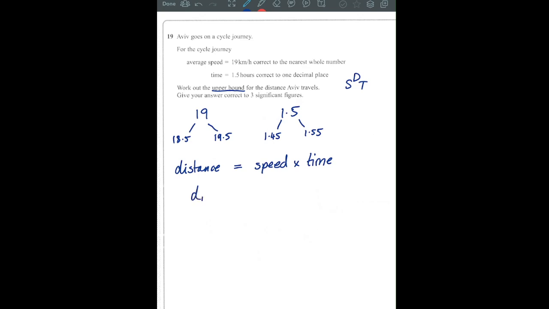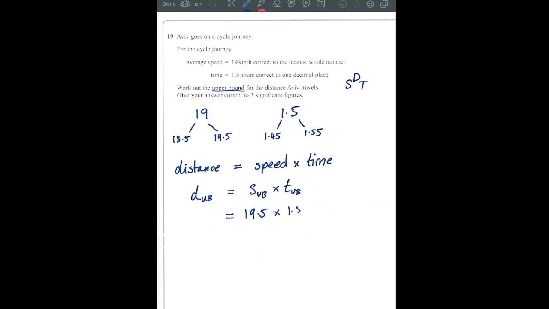So if I want the upper bound for distance, if I want to go as far as humanly possible, then I want to go as fast as possible, upper bound there, and I want to spend a lot of time doing it. So if I want to go really far, I want to go fast, and I want to do it for a long time. Upper bound for distance is the upper bound for speed times the upper bound for time. Let's pick them out,